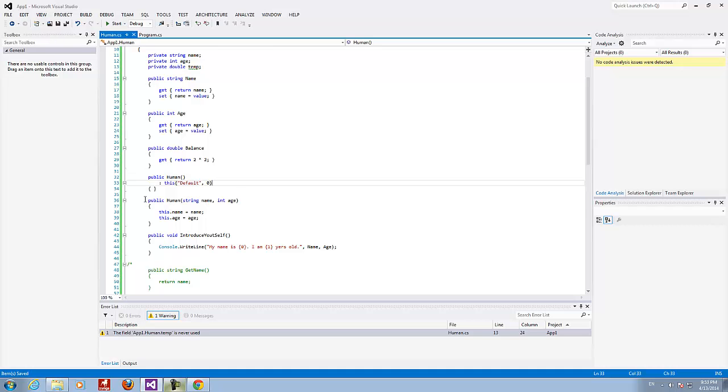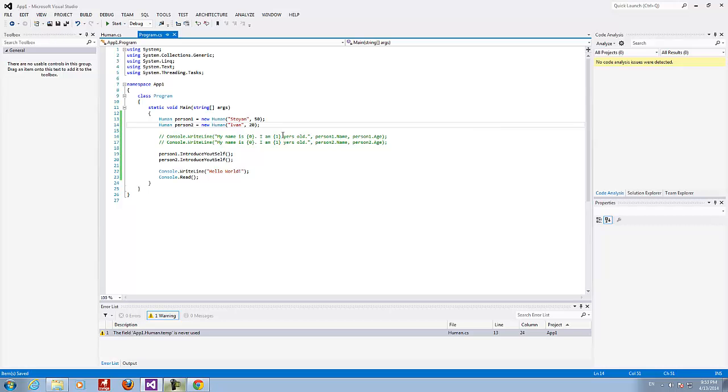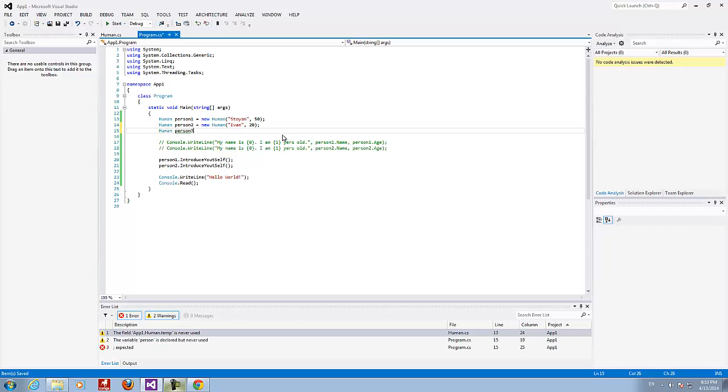Overloading method means defining a method with the very same name but different order or type of formal parameters. Okay, let's try and create a person number 3, human person 3, and this time let's use a constructor without any parameters, and I bet his name is gonna be default and his or her age is gonna be 0.